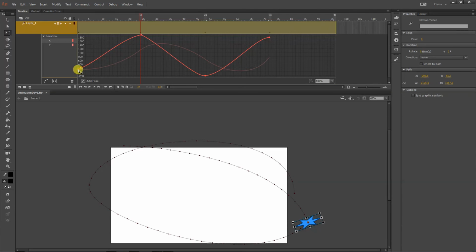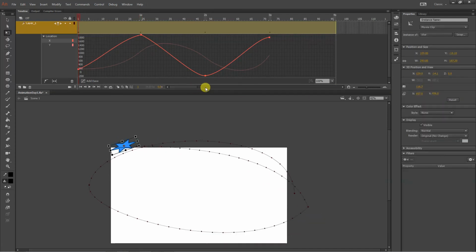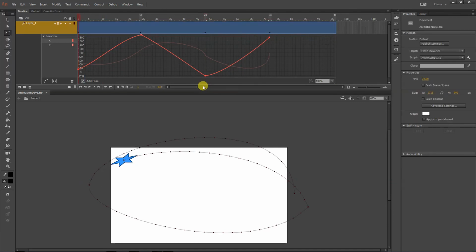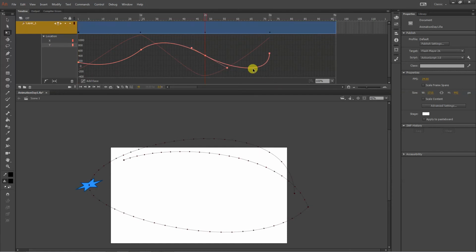My apologies, I did that incorrectly. Different graph editors work a little bit differently. I misstated what the graph is saying. It's the steepness of the graph that's how fast it's going. This is simply where it is. So the fact that this is really steep is why it's changing too quickly,